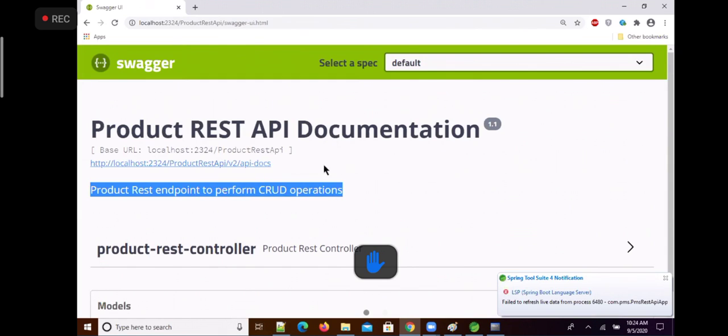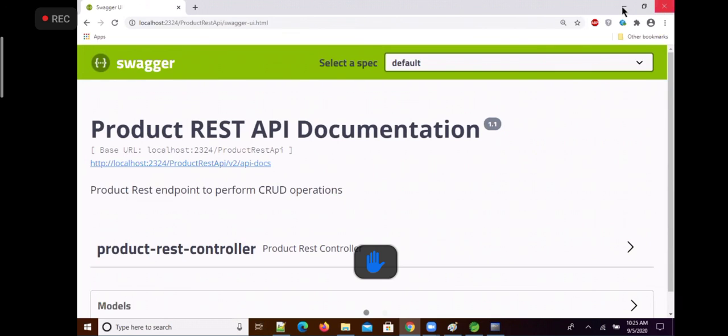So to customize this version, title, description and all, you have to create an ApiInfo object and add it to the Docket object. Like this, we can prepare documentation for the REST API through Swagger. Swagger is a tool to prepare the documentation for the REST API. Okay, that is what we covered today.